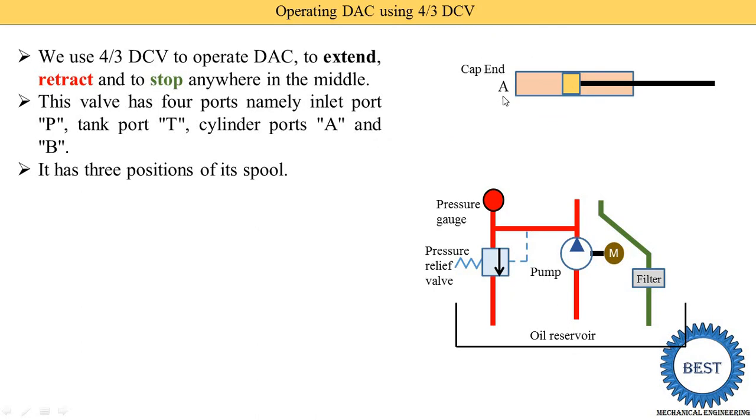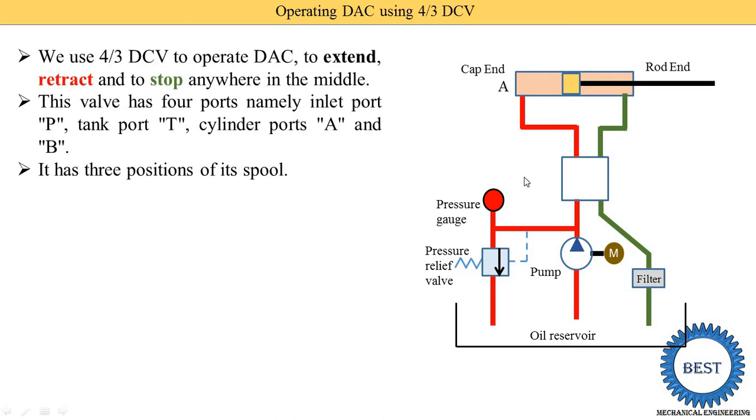And this is the symbol of the double acting cylinder. This square is for the cylinder. When we see the cylinder from the side, you see the circular portion. This is the piston and this is the rod. This end is known as the cap end. Generally we wear the cap on our head, so the head side is known as the cap end, and this is the rod side, so it is called the rod end. For a double acting cylinder, oil is supplied on both sides, so we need to provide a port on both sides of the piston. Here you see the A side, and here the B side.